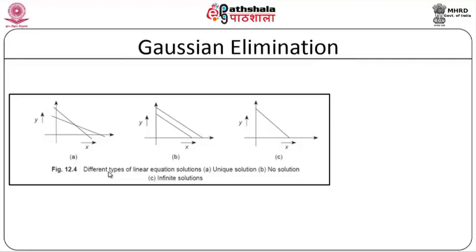If there is an intersection, I will have a unique solution. If the lines are parallel to each other, then there are no solutions at all, and if they coincide exactly, then you will have infinite solutions. So, solving two equations with two unknowns is going to be a very easy task,